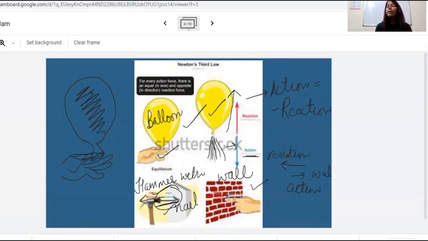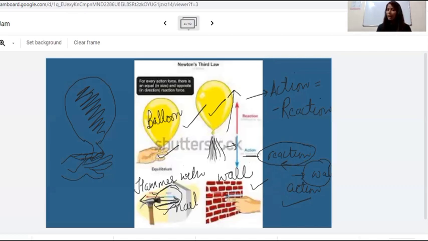But that force is negligible. That force is very small, so we are not able to see that force. Due to this reason, we are not moving away from the ball. It means we did our action, but in turn, this ball also provides the opposite reaction to us. Therefore, we are not able to move in the backward direction.